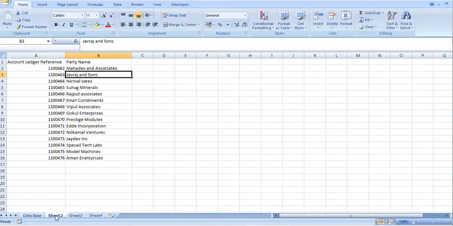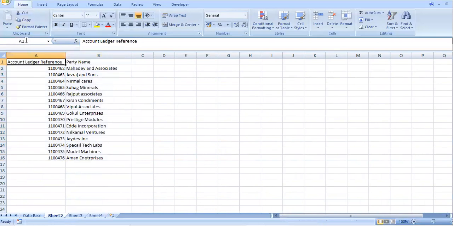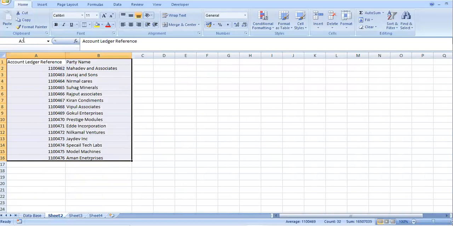Let us see how we can apply the VLOOKUP function. So, preliminary work that let us make. What I will do is select this entire table, and when you see here the name box, if I click on A1, it will say A1, if A2, it will say A2. That is the name box. When I select the entire table, it shows A1, but I will rename this as table.